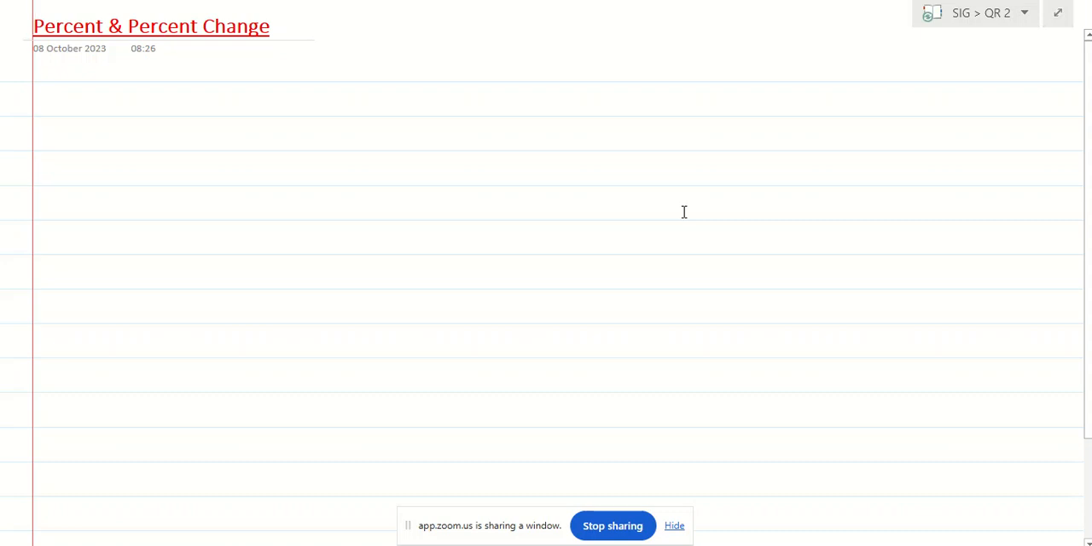I believe everybody knows how to find percentage, right? If I tell you to find 20% of 90, or if I tell you to find 30% of 60, everybody can find it easily, right? One simple approach is, let's say I am telling you to find